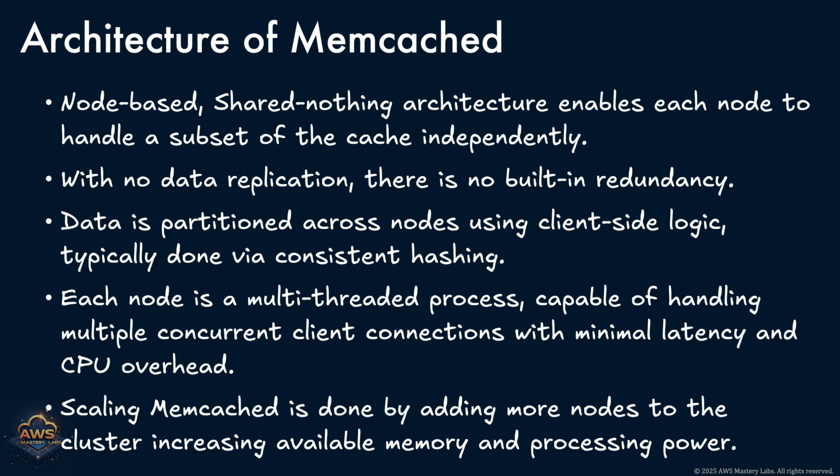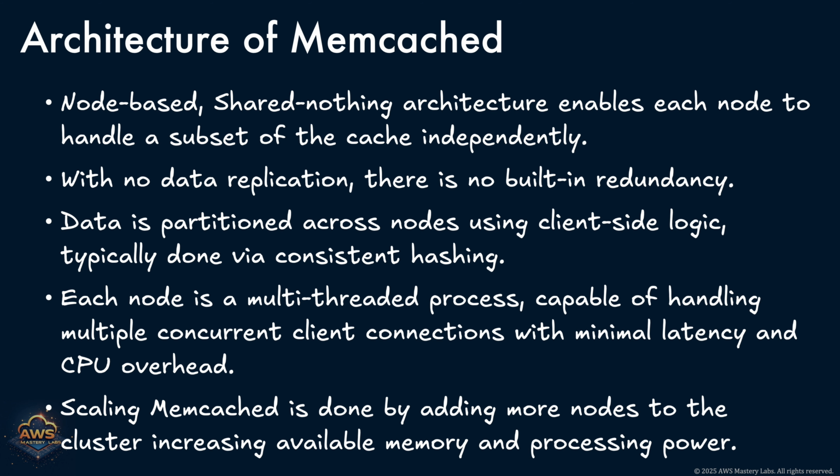A defining feature of Memcached architecture is its reliance on client-side sharding. Instead of the service itself managing how data is partitioned across nodes, Memcached clients are responsible for determining where to read from or write to, often using consistent hashing. This allows applications to distribute keys across multiple nodes efficiently and facilitates horizontal scaling simply by adding new nodes to